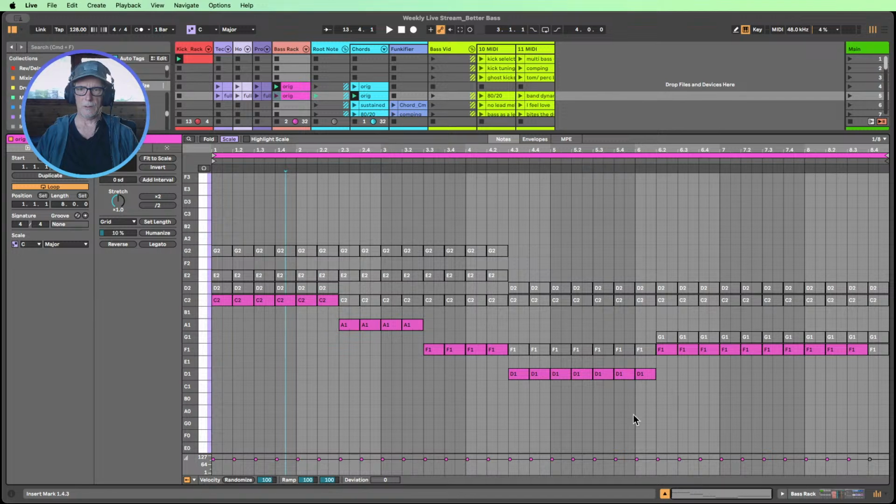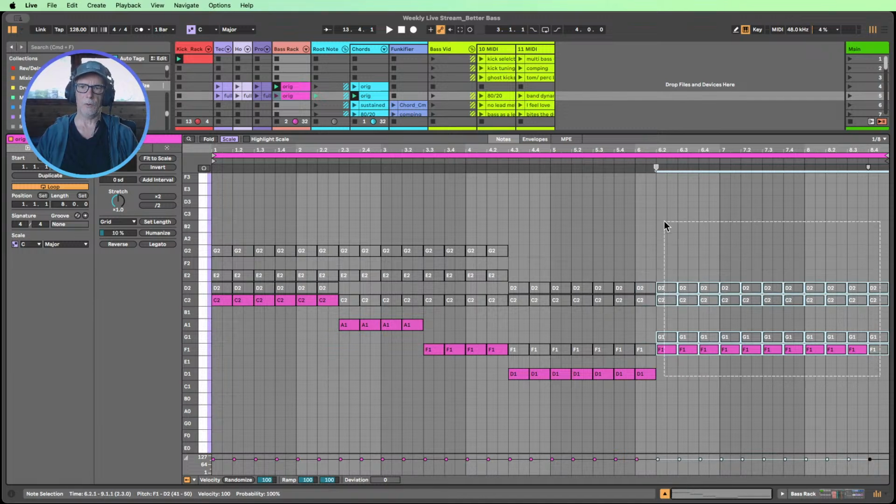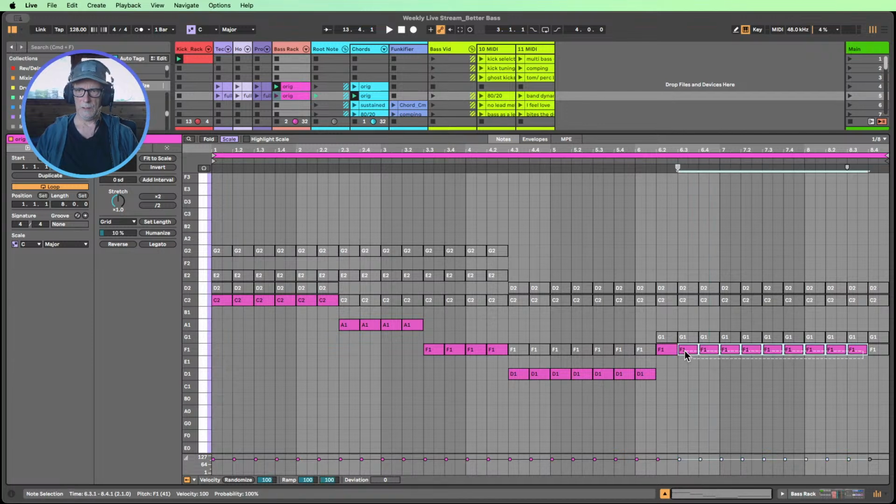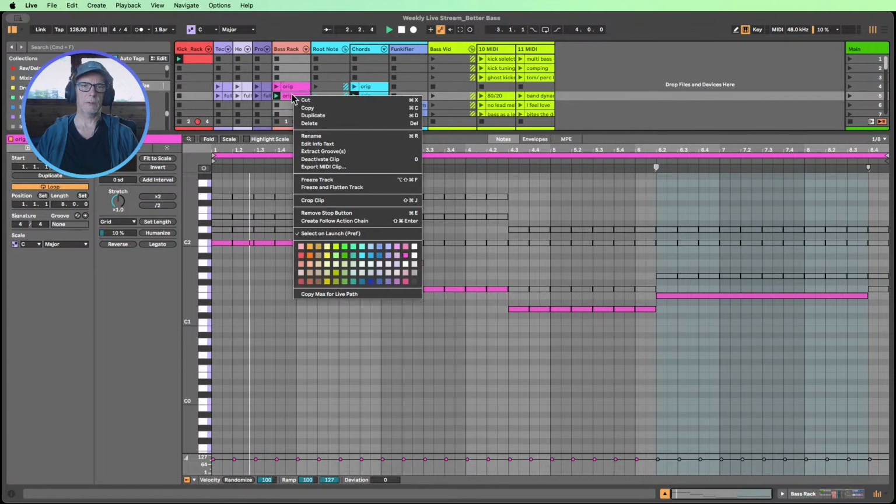So 80-20. Let's say we take 20% of the 80. I'm not going to go too deep into the maths here, but I'll try and do something a little bit perhaps at this part of the chord progression and use some other notes in the scale. So what I might do is put this particular F here together into one. Let's use Command J to consolidate it. And what I'm going to do is try maybe the progression. What are we using here? The D. So perhaps we could have a bit of E here. Let's try this. And we want this clip, so I'm just going to color that a bit different.